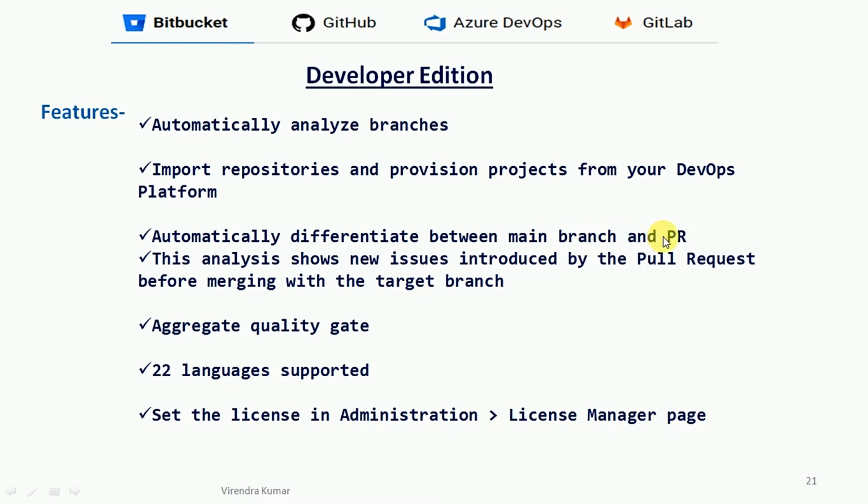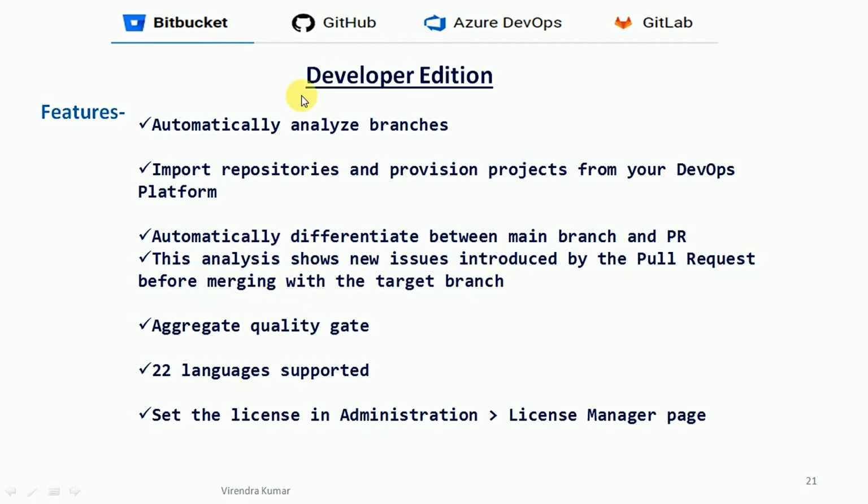Under the master branch the 5 team members create pull requests. Suppose the 5 pull requests are created at the same time, at that time it will automatically differentiate between the pull requests and the main branch, and it will start doing the analysis. This analysis shows the new issues introduced by the pull request before merging with the target branch.